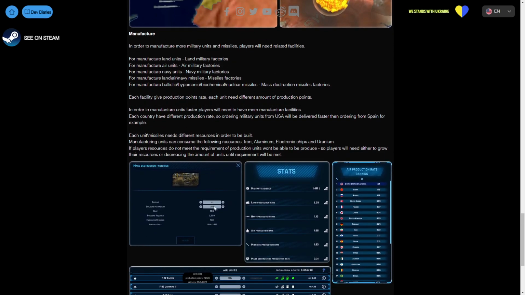And then we have mass destruction facilities. We have 700 per facility, cost of $78. That's going to be cheap. 2,800 builders required, engineers required, 140. And then we have a